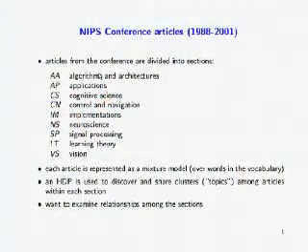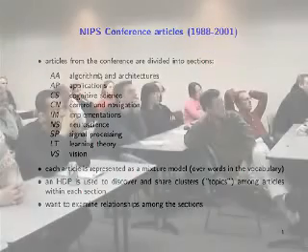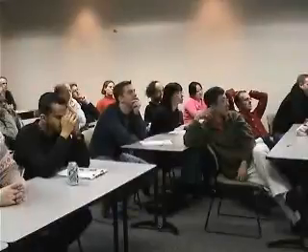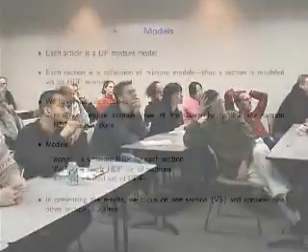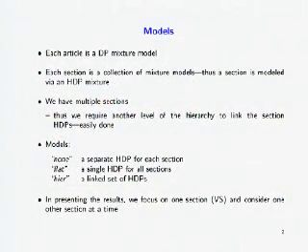Full screen. So we applied this to a corpus which is familiar to some of you. The NIPS conference has all of its articles online for like 11 years. And so we took all these articles and did our LDA style model of them. And these articles are divided into sub-areas: algorithms and architectures, applications, vision, and so on. And so we use an HDP now to find clusters in each of the sub-areas and share them among sub-areas.